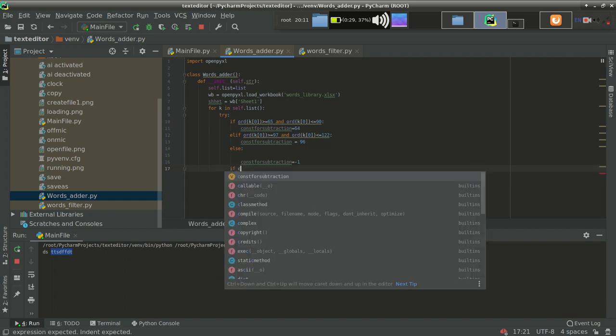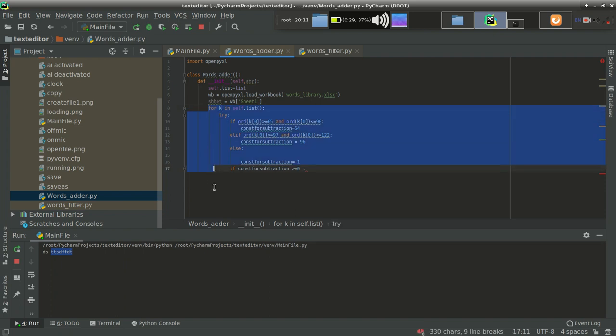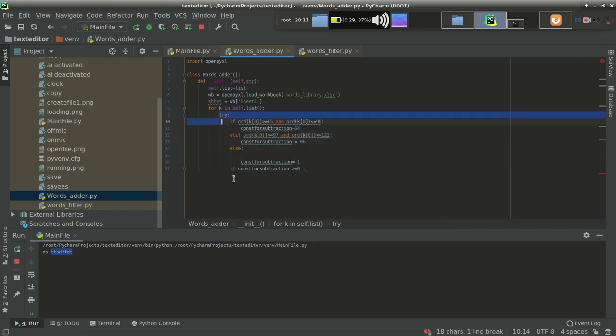I'm checking if const for subtraction is greater than or equal to 0. You can see that here I am traversing word by word. Initially a contains the first word, and after completing this whole loop I'll go for the second word. So till now I am working on a single word. It is verifying for a single word whether const for subtraction is greater than 1 or not. If it is not greater, or you can say that it is negative, negative means that it is not a word, that is a number, an integer, but I don't want to add that. So in the else condition I will simply pass that, and I will continue with the second one.